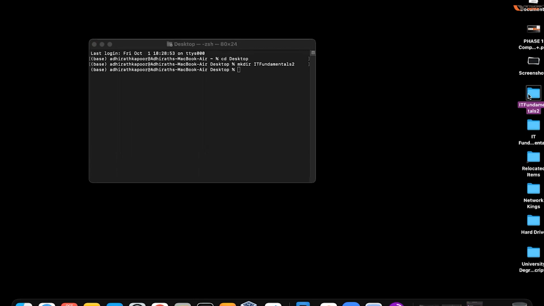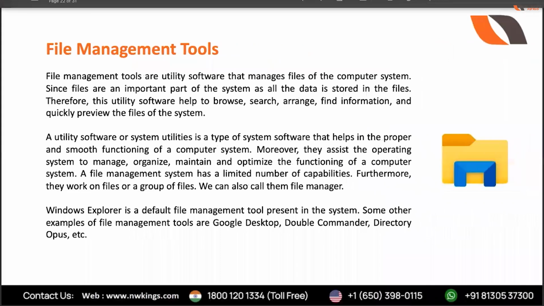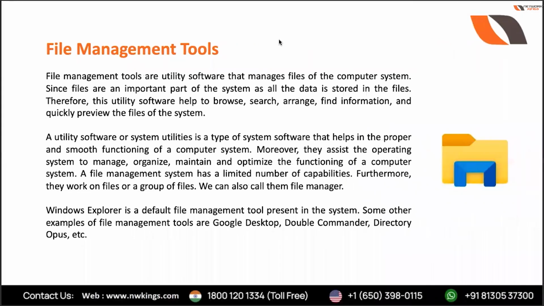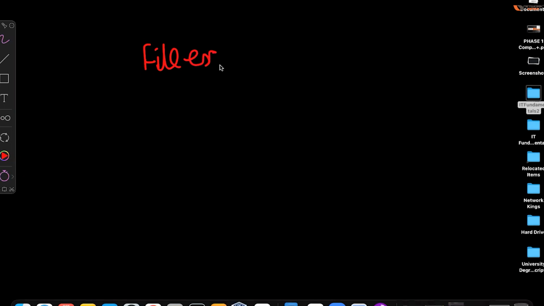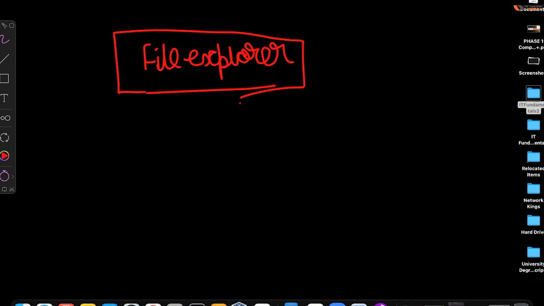So हमारी class के लिए, for our class today, because this is IT fundamentals, not Linux fundamentals, right? So we will talk about GUI based tools only. Okay, we will only talk about GUI based tools, graphical user interface, not the command line interface. Okay, ठीक है, ये तो मेरे को पता है कि आपके पास विंडोज में you can use file explorer. Any other file management tool that you can use on your operating system, be it Windows or Mac? कोई होता है और? Is there any other?